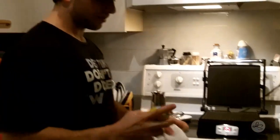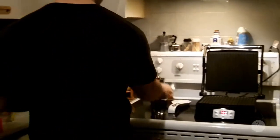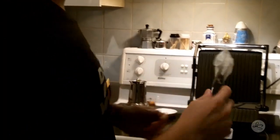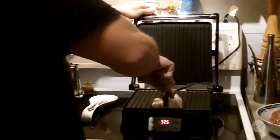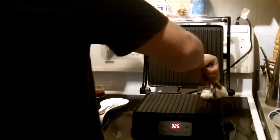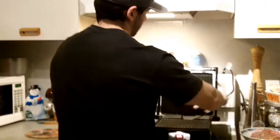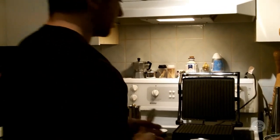Before I start, I usually grab some pan, just spray a paper towel. Even though it is a non-stick grill, I want to do everything I can to make sure that it doesn't make too much of a mess. So I just coat it a little bit. Nothing crazy. So now that it's coated,